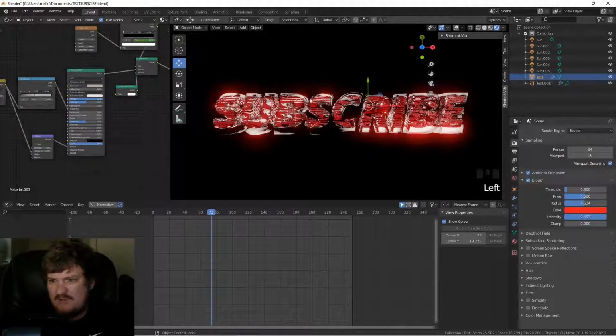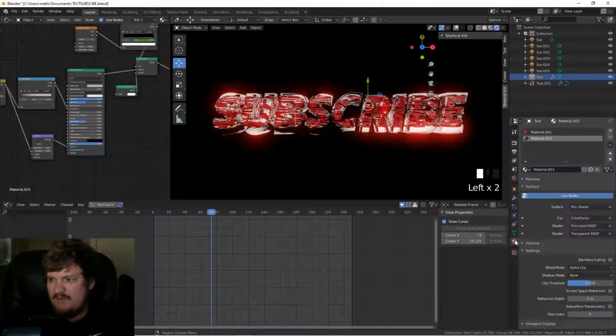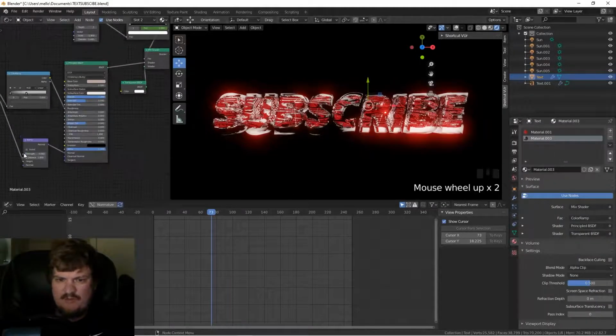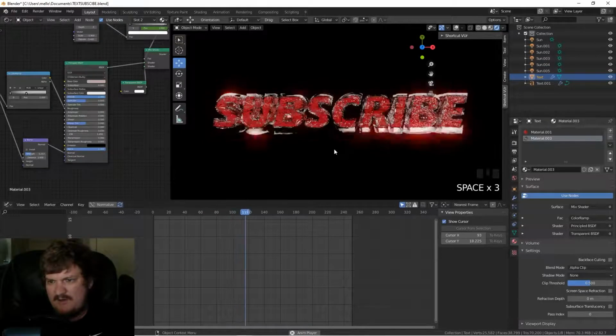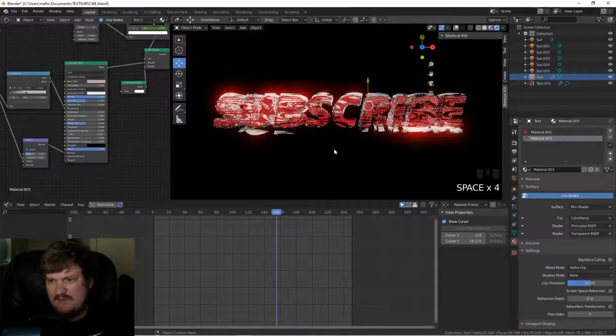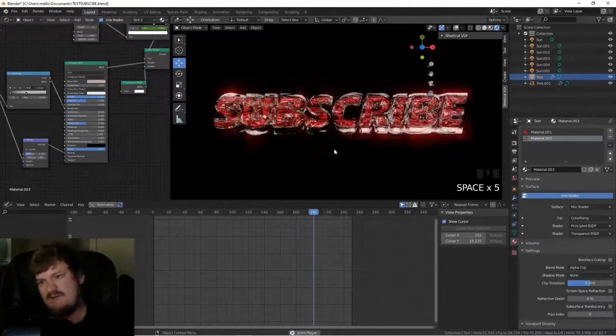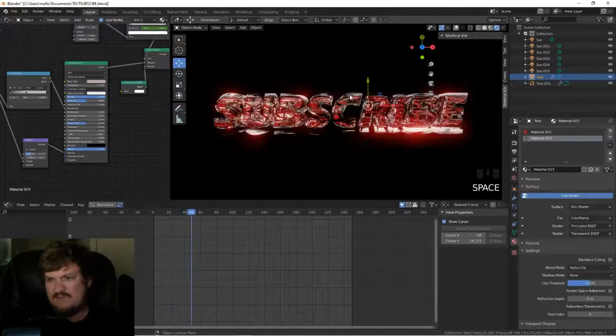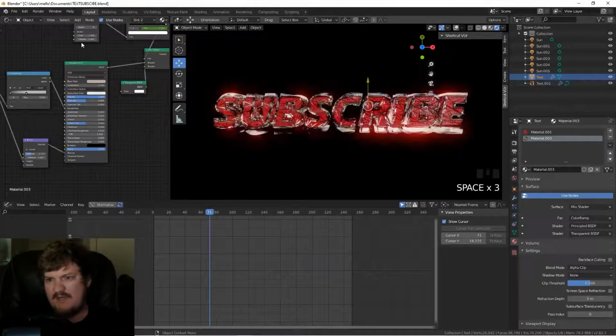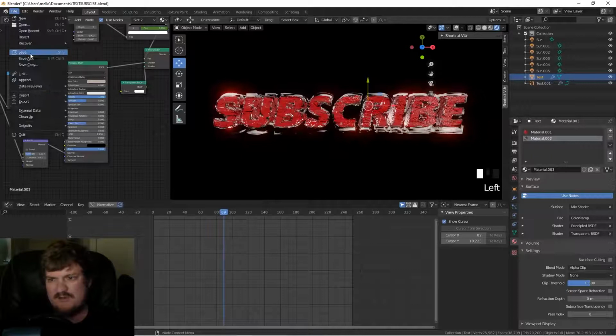One thing I do notice is this might need a little bit more bump. And this might not be the best bump map, but that looks pretty decent. There's probably, I kind of wanted to do a lightning effect on this. And